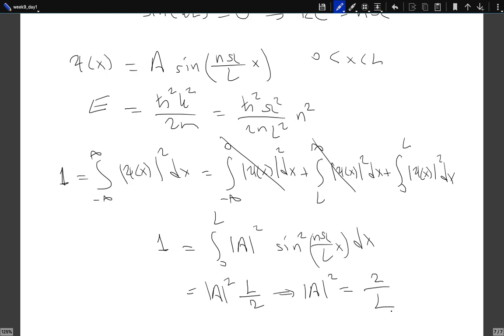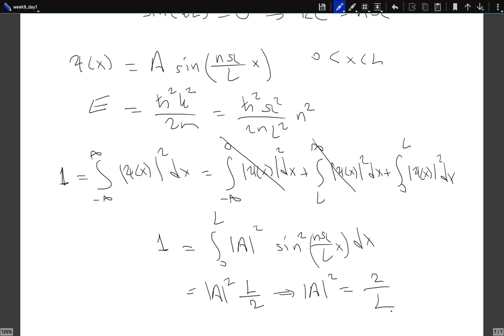If you remember last hour when we were discussing the correspondence principle for very large quantum numbers for a particle in a box, I said that we didn't calculate it, but it will turn out to be 2 over L. So in the classical limit, in the large n limit, the measurable probability distribution will be just the classical probability distribution, 1 over L.